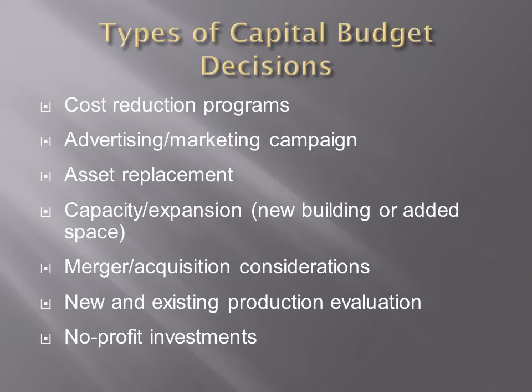There are several types of capital budget decisions that will be made, and this is just a very minimal view of some alternatives. Cost reduction programs, as you see, asset replacements, mergers or acquisitions, and there are some no profit investments. And once again, those kinds of no profit investments are sometimes done to either stay competitive, to become competitive, to help and assist with branding, or to be a move that assists the community and has some other intangible benefit.